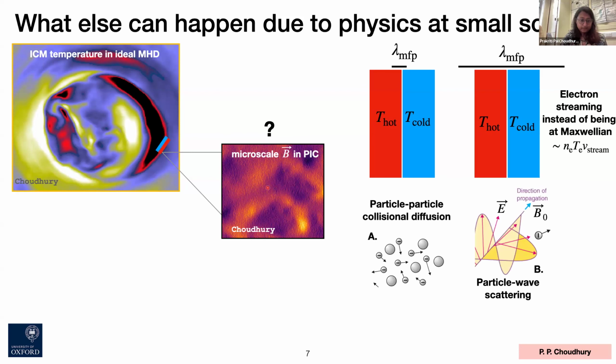So in the first case, where there are frequent collisions between the hot electrons and the cold electrons, there will be easy flow of energy due to these frequent scatterings. For the second case, these waves start interacting with the electrons. In particular, for this whistler wave, when the electrons are gyrating at the same frequency as the rotation of the electric field vector, since this is a circularly polarized wave, so the electric field vector also rotates,